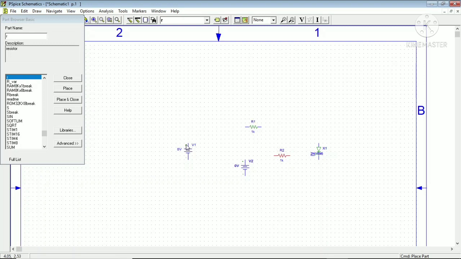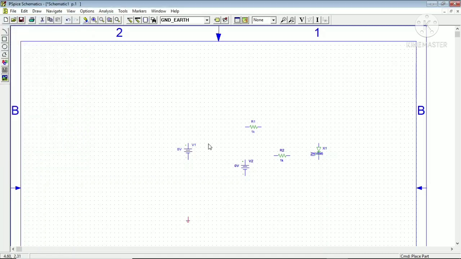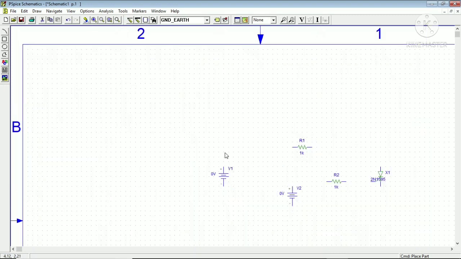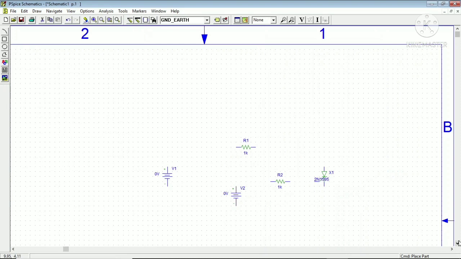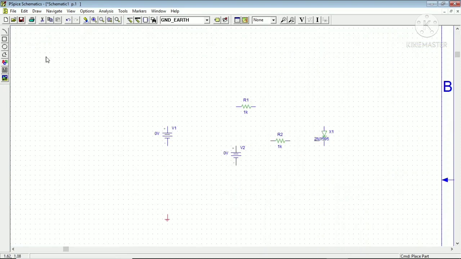You can change its value anytime as per your desire, and you can also change its name. Okay, now one more important thing you require is a reference node. For the reference node in PSpice you have to take a ground, GND earth, place, and you can place the ground earth carefully on your schematic. Now to draw the wires you can close it. Now we have enough components, and you can zoom your window. Let me set the window so that you can observe clearly.